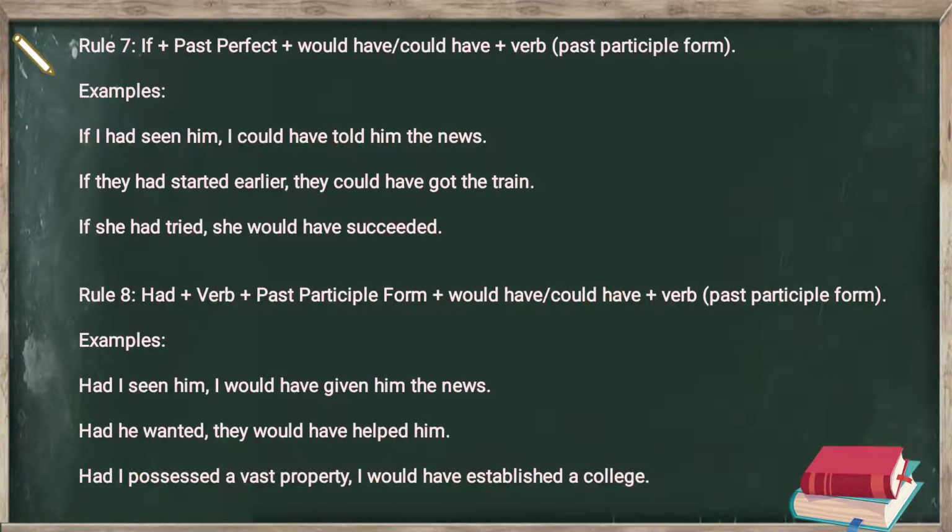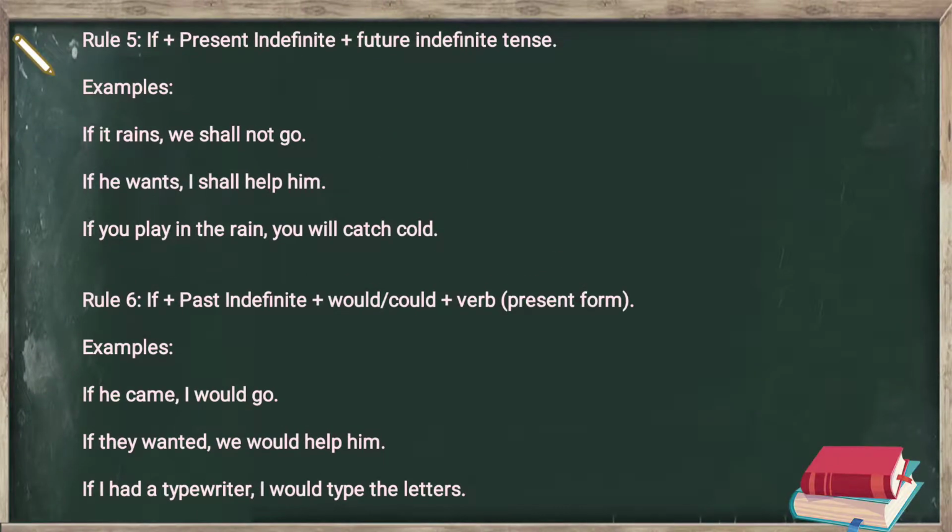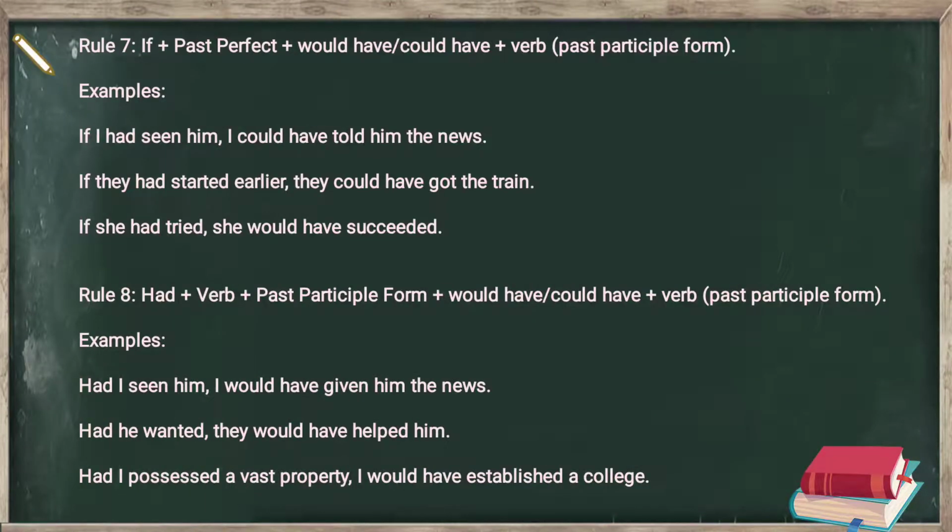In previous sentence, আগেরটাতে কি ছিল? Look back. Past indefinite, would, could, verb's present form. Here you can see past perfect, would have, could have, verb's past participle form. Do you understand? So if in the first portion of the sentence, if I had, I can trace the sentence by saying had. had যখনই থাকবে তখন would could এর সাথে have ব্যবহার করতে হবে। এটা এতটুকু অন্তত মনে রাখতে হবে।